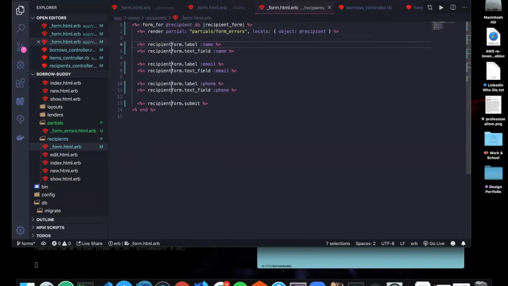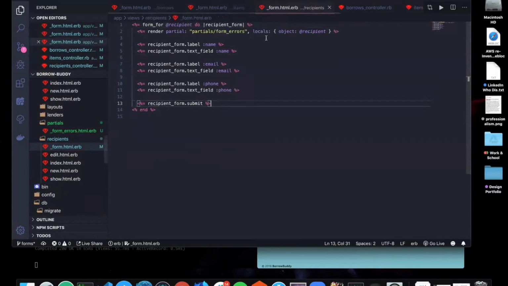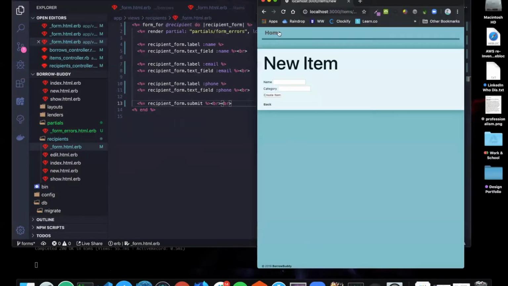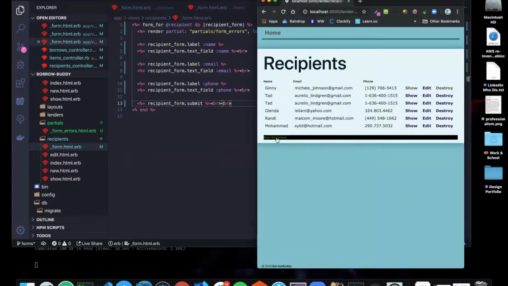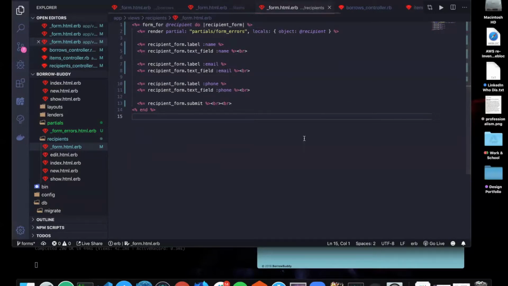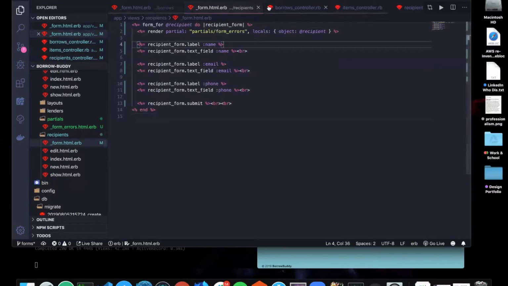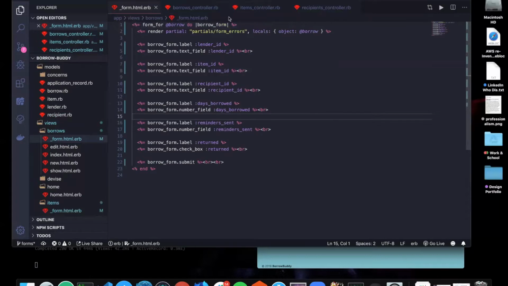Recipient underscore form. And then add these little line breaks. Go here. There, great. So they all look good. These are looking good. And before I go any further, since I just made a good amount of changes,